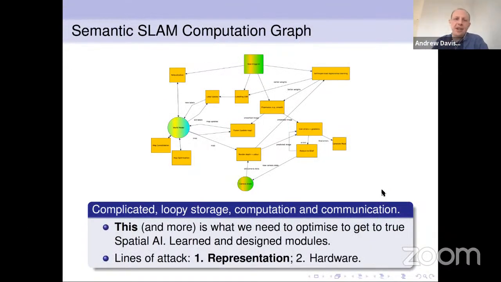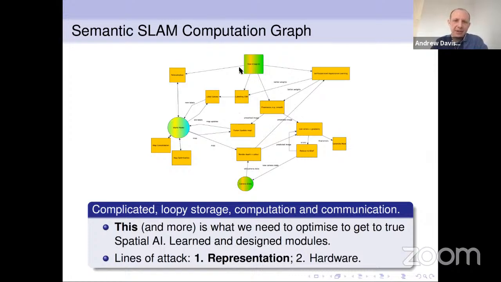So a point I want to make is that by moving up through these levels of representation, what we've done to a large extent, I think, is just kind of thrown more and more at these problems. In particular, we've used more and more computation, and in some sense more and more complicated systems and representation. So don't worry about what's in this picture here. This is just a rough graph that I drew that represents the kind of data and computation structure of a system like semantic fusion. So I just really want to make the point there's a lot going on here.